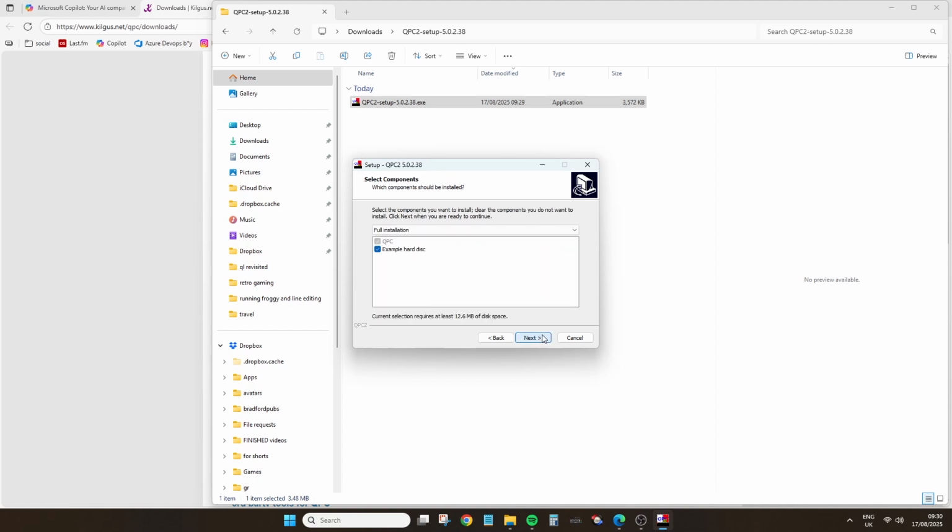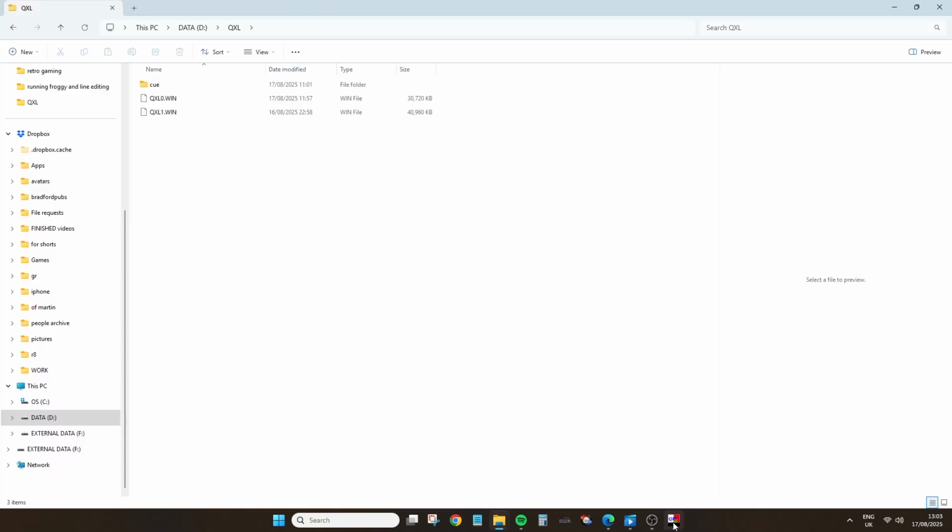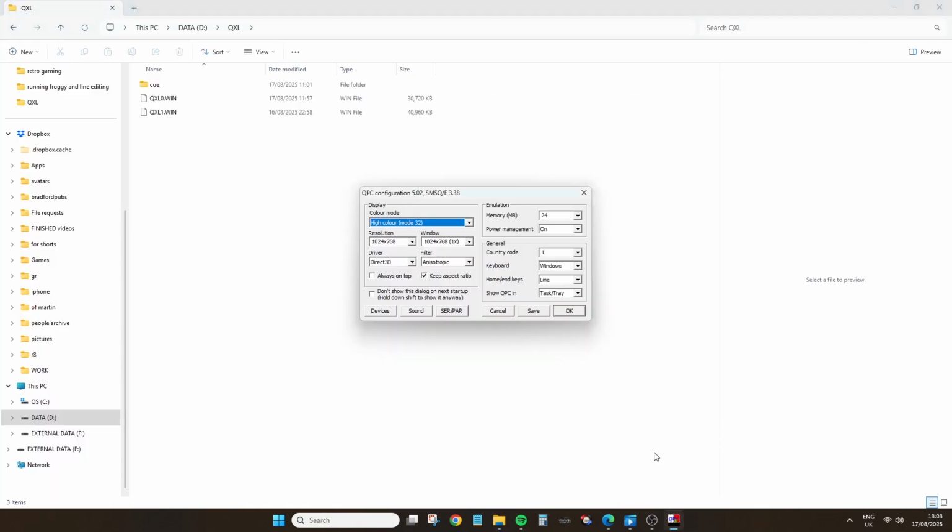And it includes an example hard disk. So going through the menus, installing it, and now it's installed. So starting up the program, first of all you see a configuration screen. So there's information to do with the display, the emulation, some other settings. So I'll set the memory to 32, and